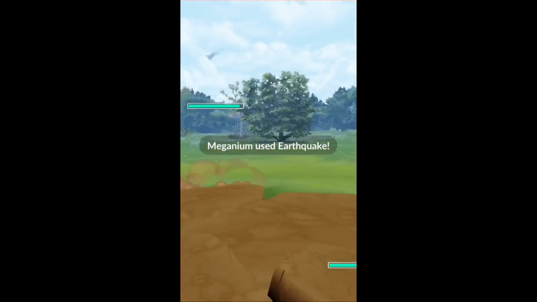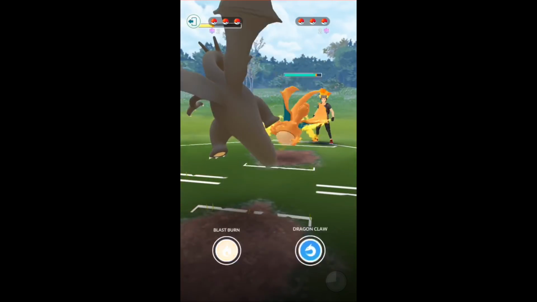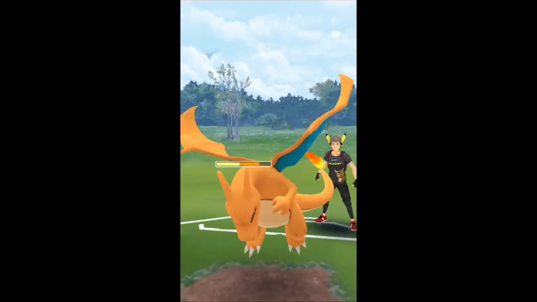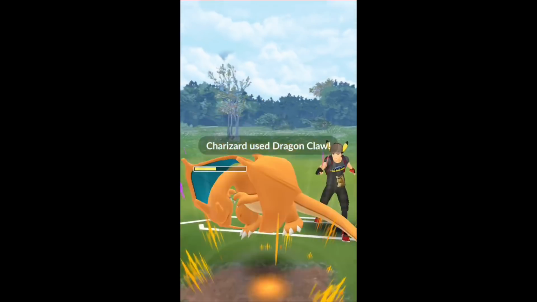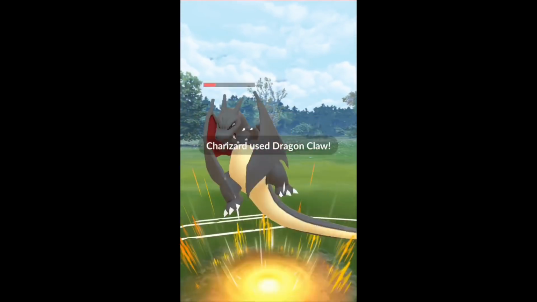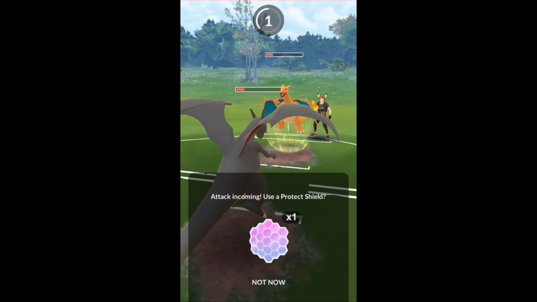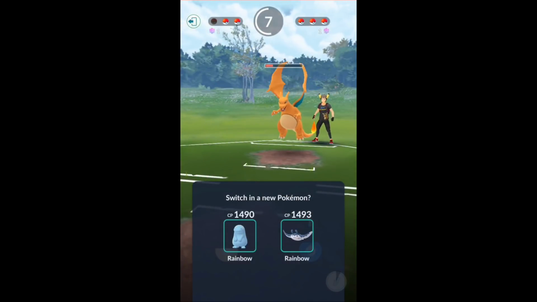Now we got our Quag out there, and bring out our Charizard, and we hit Dragon Claw here against that Charizard, and you can see it does okay damage. It's not the greatest, but it does do some damage. You don't get STAB with it, of course. And then here we hit another Dragon Claw, and he blocks it, so we both used a shield. We're gonna let this one go through in our Charizard Feint. And what do we have in the back? We have